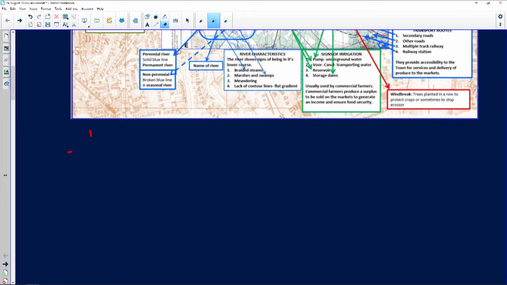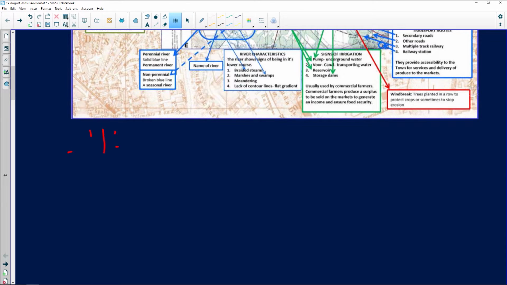The next topic that I want to discuss with you is calculations regarding distance to determine the distance from point A to point B. Now, grade 12, that's why we have a scale, 1 to 50,000. The scale makes it possible for us to determine the distance between two areas, okay? And when we determine distance, because we live in South Africa,